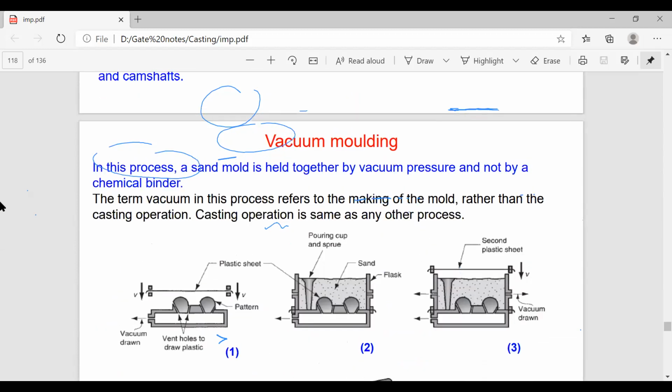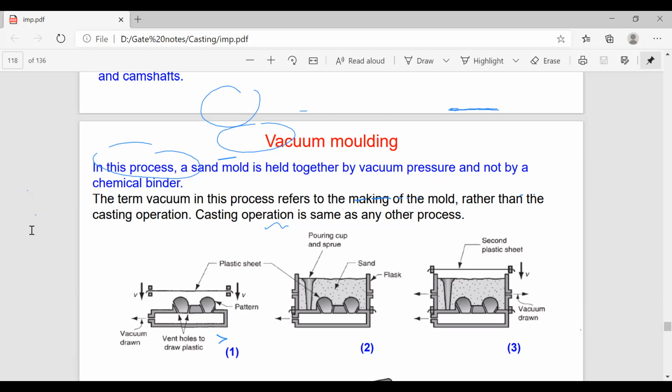Okay, I'm going a little faster, because mostly they do ask some questions related to theory also, but it is very less only. These are the very important theory parts I am discussing, not the whole part.